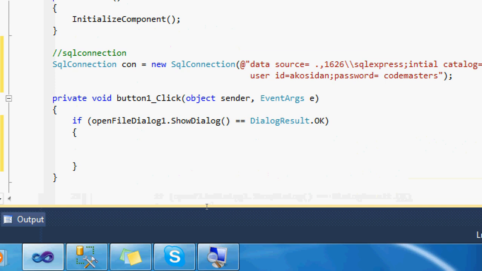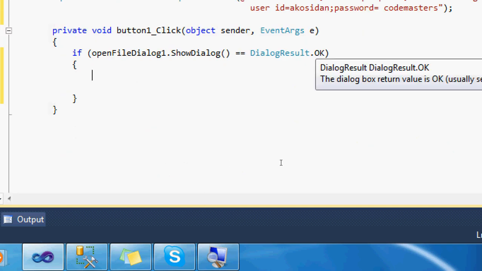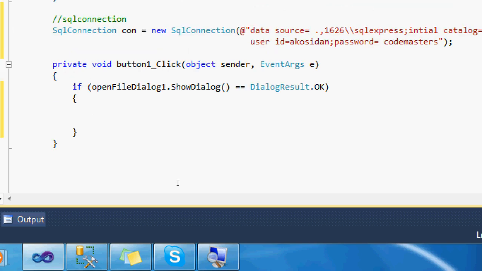As you can see here, guys, if OpenFileDialog.ShowDialog equals DialogResult.OK, that means once we press the OK button of the open file dialog, the code inside this if condition, in the highlighted area, will be executed. So what are we going to execute once we press the OK button? We're going to get the full path of the image, and then display the picture in our